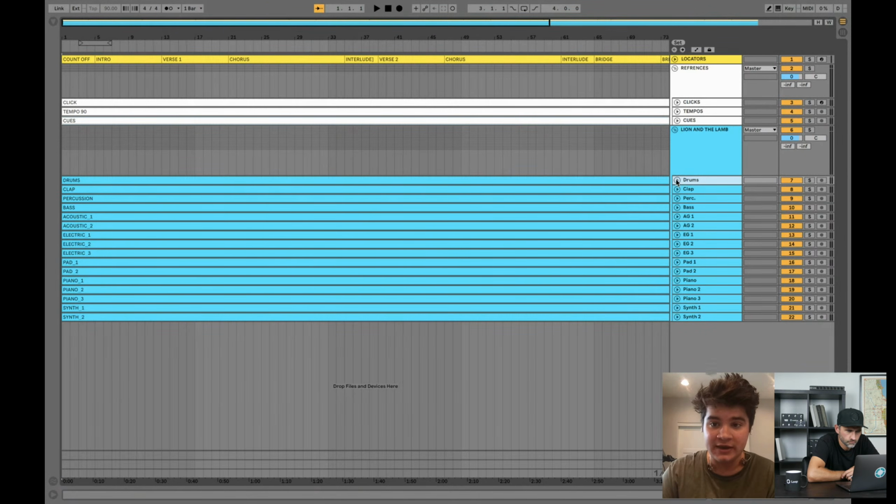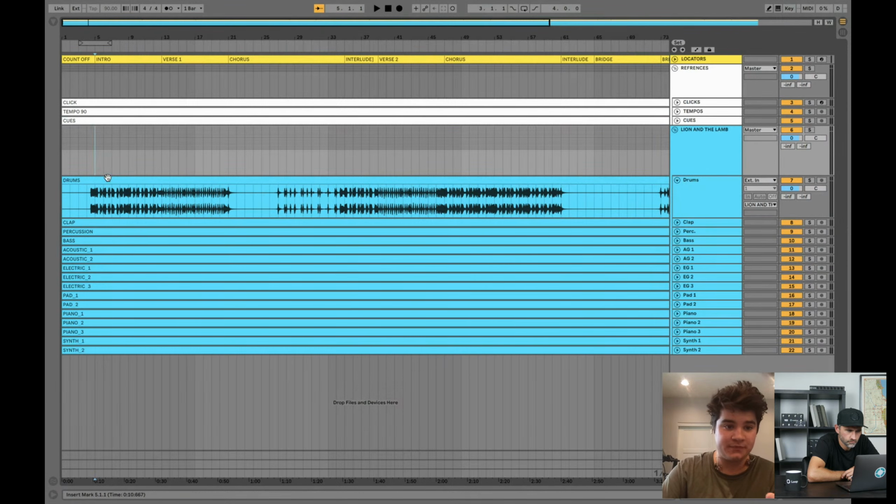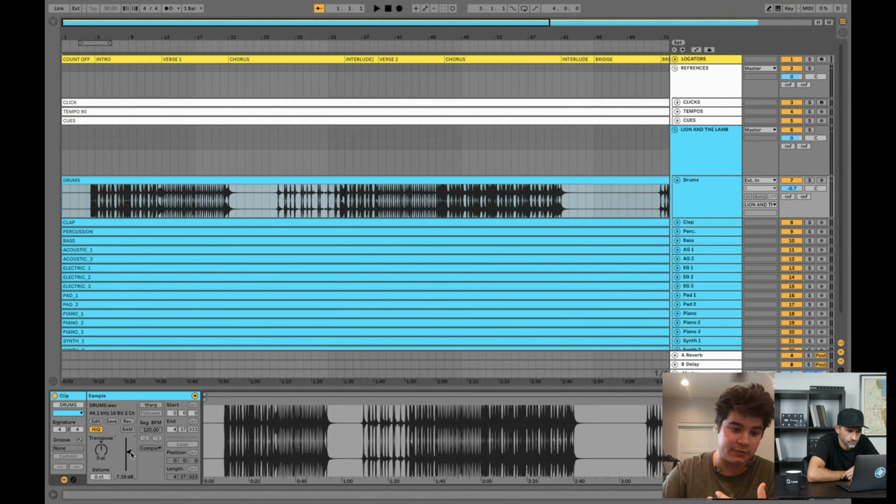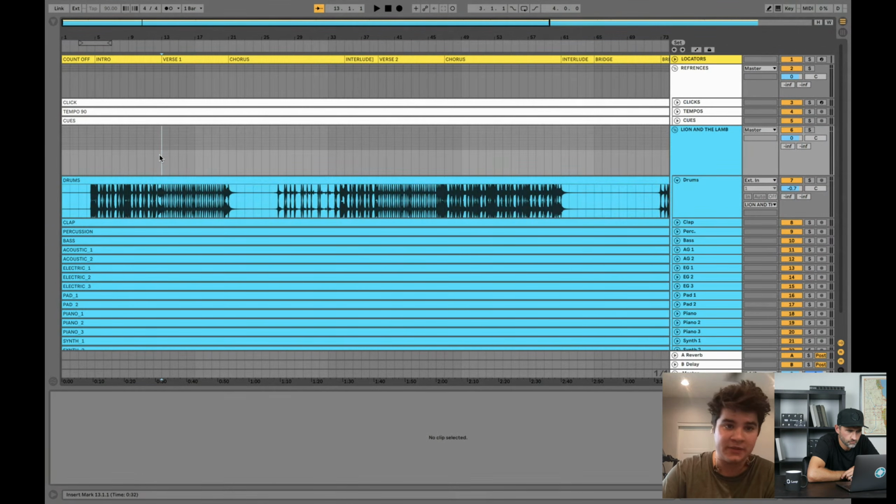What I could do is I can go into my Ableton session, I can boost the drums, I can either boost it here at 6 dB, or I can just go over here to my sample window and bring it up a little bit. And you get there just by clicking on the stem. And then that drum part is sitting on top of the mix. He can clearly hear that.